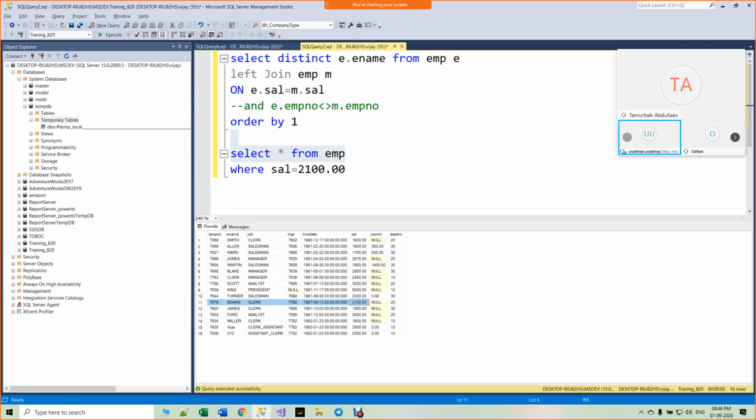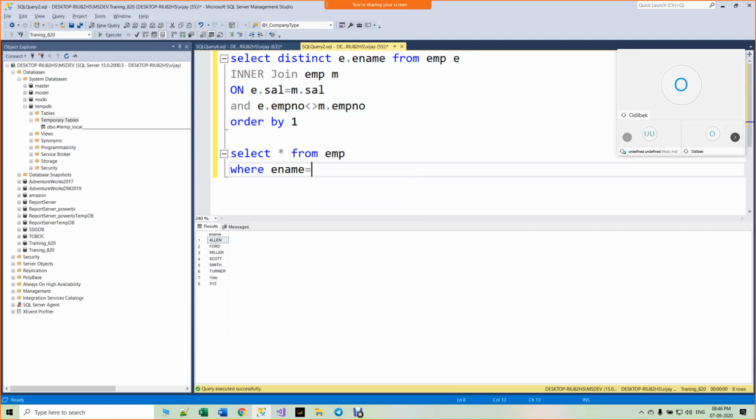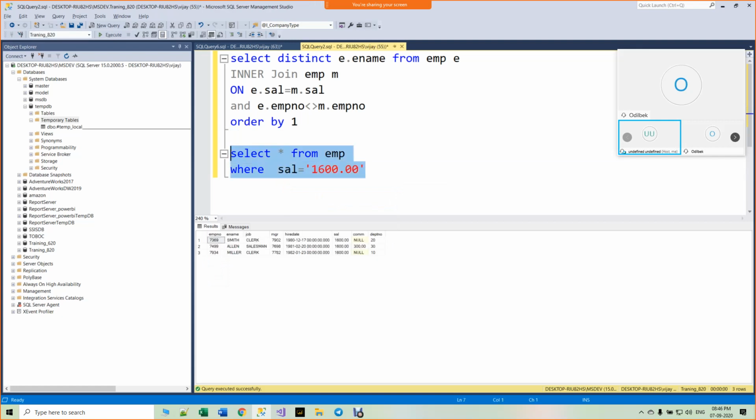So 2,100 again for whom is it there? It's not there now. If we take Allen, $1,600 salary. If we take salary equal to 1,600, see, it is repeated more than once. It is with Allen, Smith and Miller.